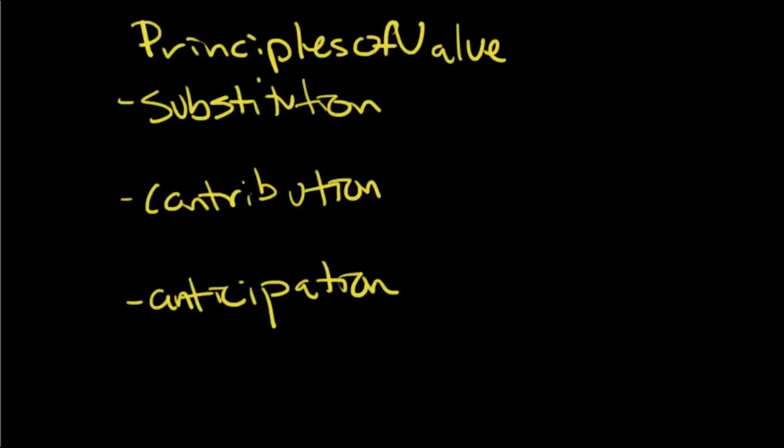So the next principle of value is substitution, which is kind of, the definition is built right into it. Clearly, any property's value is going to tend to drift toward the value of fairly comparable properties. So there's going to be only so much deviation from the mean. The value of your home can't really deviate too far from what other similar properties are selling for, or what it could be substituted for.